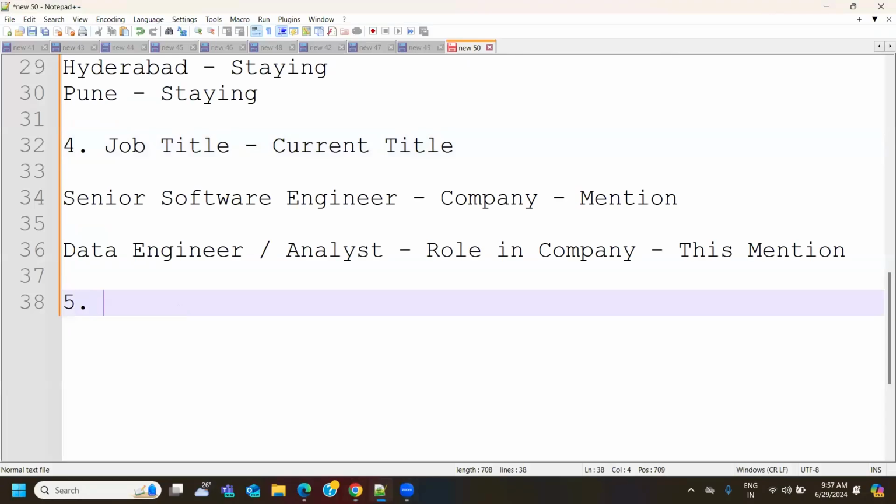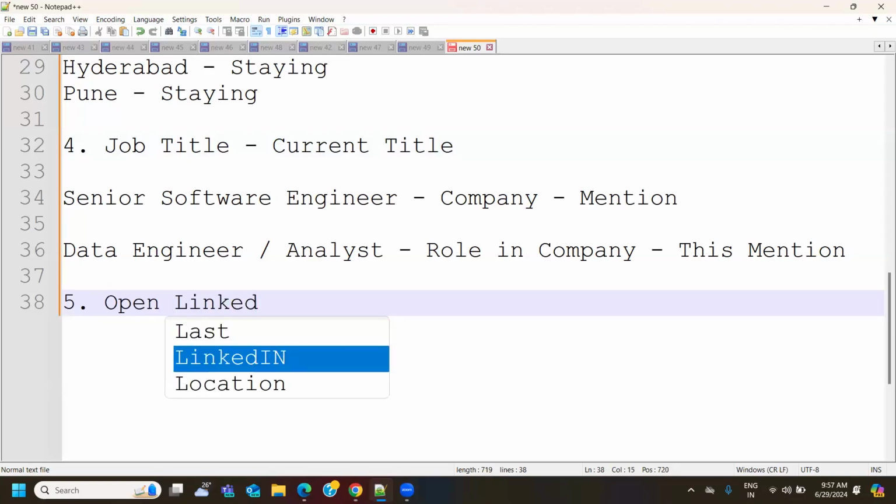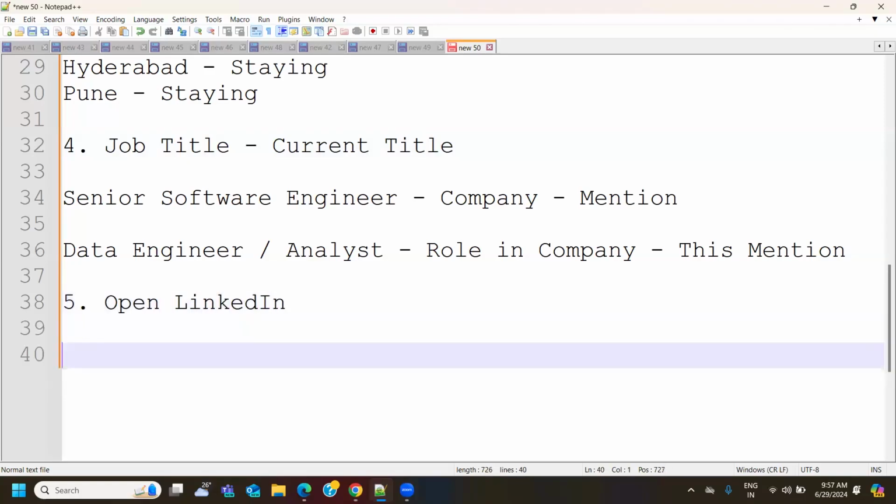Now, the fifth component is how do you mention... See, once your LinkedIn is active, how do you make your LinkedIn profile look alike? See, you have activated the fourth step, job title. Fifth step is it will open LinkedIn. It will ask you some recommendations, whether what role you're looking out for, actively looking. You have to select either of them. It will open LinkedIn.